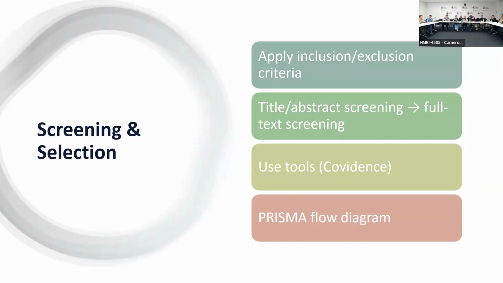So you do a title screen first. There's a little search function in Confidence, so you can put in mouse model and it'll bring up all the mouse model studies. You quickly look at the titles, exclude. I don't care about children, I'll put in pediatrics, exclude. You obviously have to pay attention to the titles and skim them so that you're not excluding anxiety and depression in kids and adults with asthma, because I care about the adult elements. That's what I want to look at in my research question.